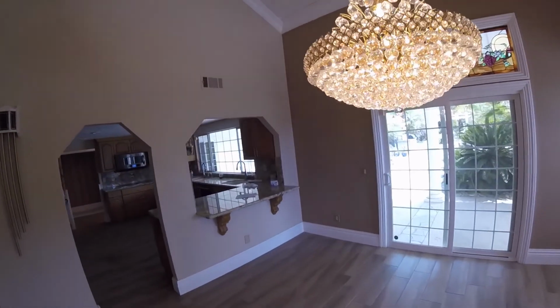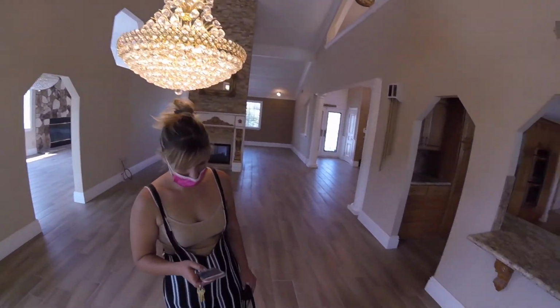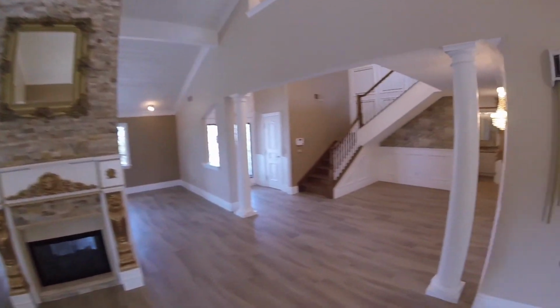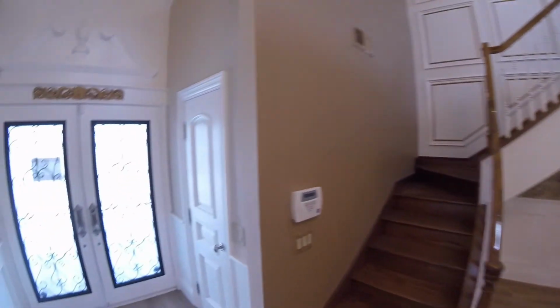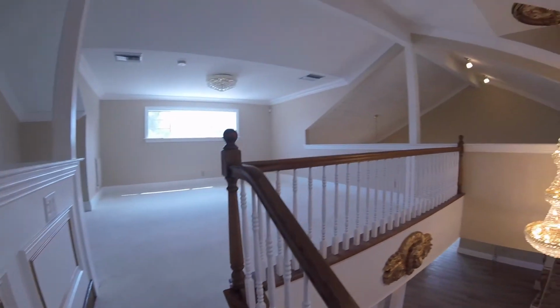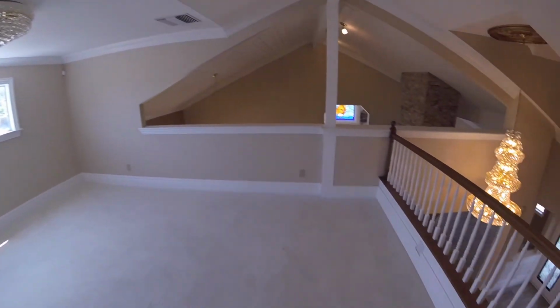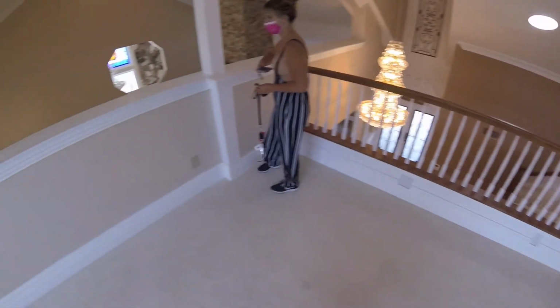All right. Let us venture. Or actually, there's upstairs, huh? Do that first. I don't know. There's only 3 fireplaces so far. Gold-coated wainscoting. Okay. This is a nice little loft, actually. Yes, carpets are the only...